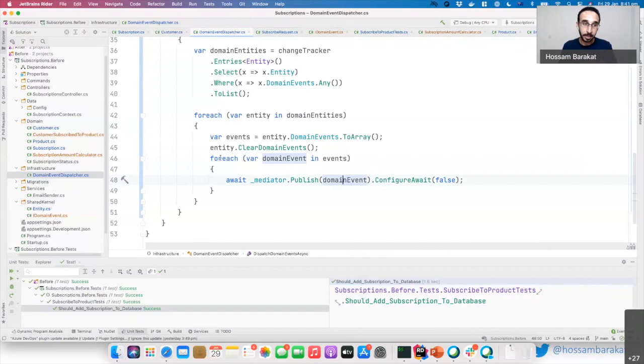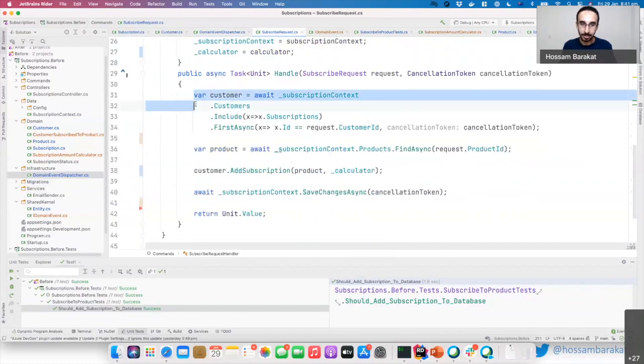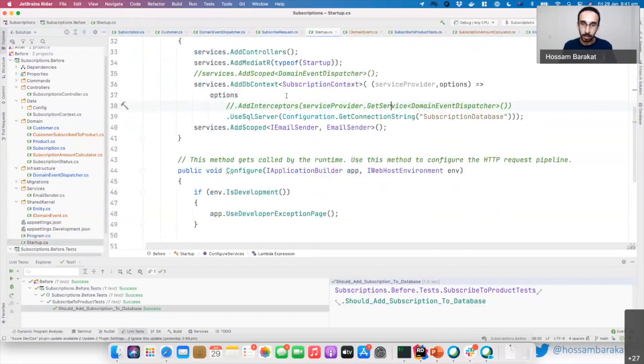So with that, we can see that our code base right now with the request handler is pretty straightforward: loading data from the database, calling a behavior in my domain model, and saving changes. One last thing that I want to cover with that saving changes interceptor: how would you register that in the